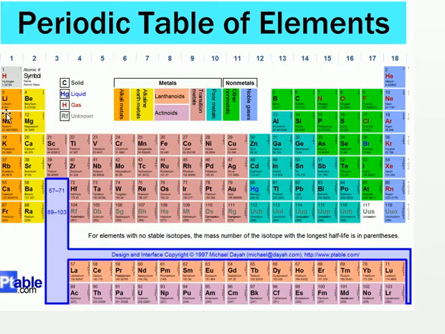The columns of the periodic table, elements in the same column have similar properties. So this first column, they are similar in their chemical properties because they would all like to give up 1 electron and become positively charged ions. In the next column, these guys can give up 2 electrons and become a positively charged ion with 2 positive charges, calcium plus plus or magnesium plus plus. Over here, this end column,